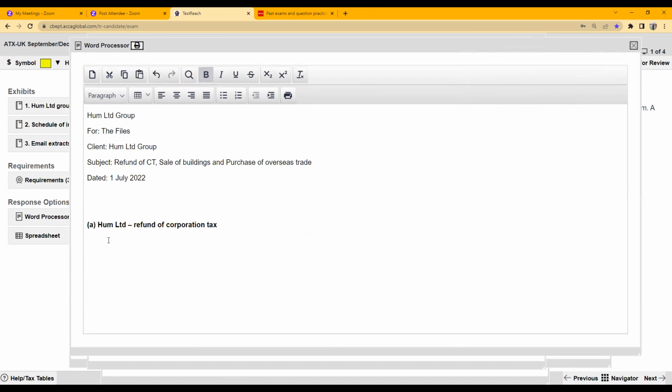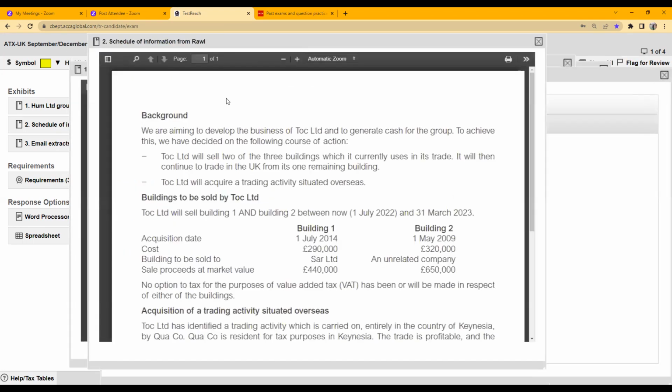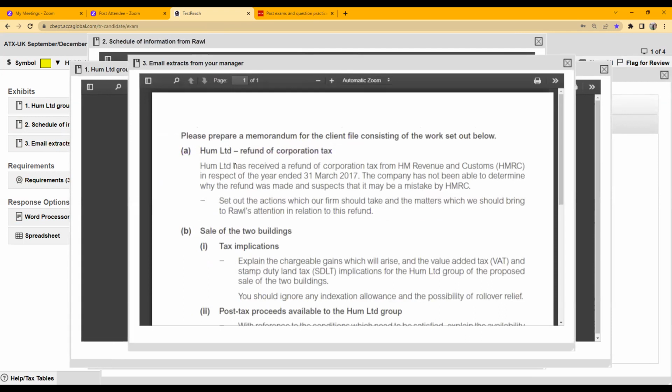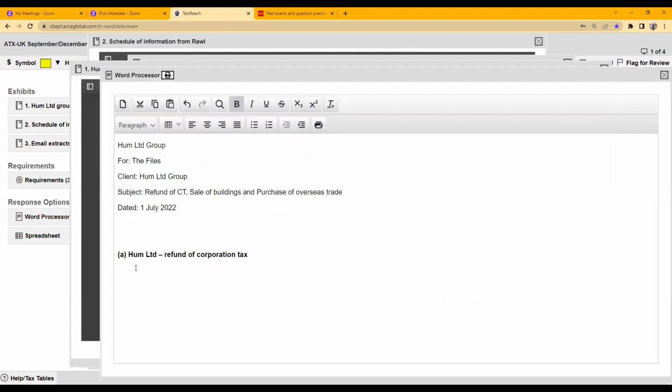Hum Limited refund of corporation tax. As the client is not aware why the refund has been made by HMRC, and the requirement our manager is asking us to provide, set out the actions which our firm should take and the matters which we would bring to Rawls' attention. What should we do? First thing, as the client is unaware why they have received this refund, we should assist